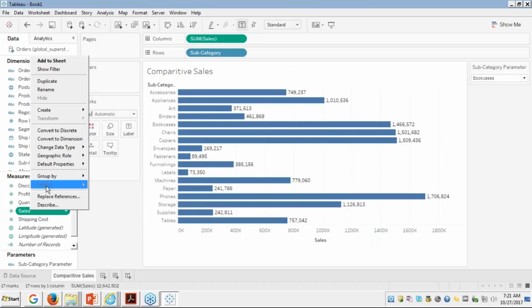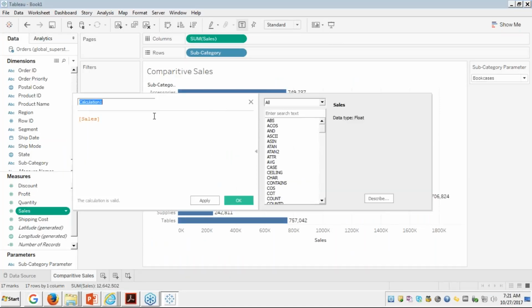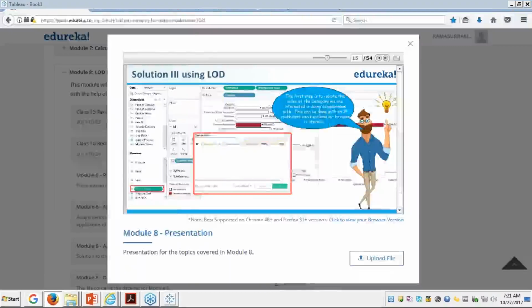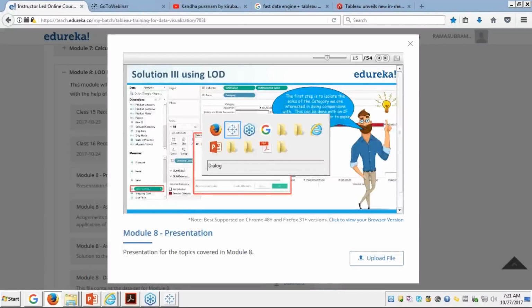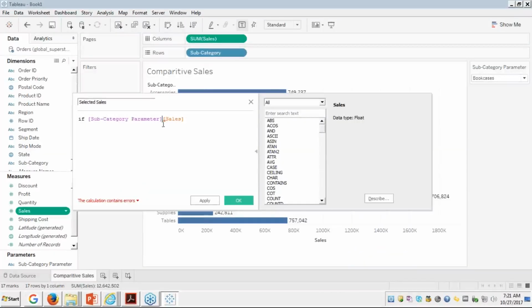So based on sales, I'm going to create a calculated field. I'm going to right click here and click on calculated field. Here I'm going to give the name selected sales. I'm going to create a calculation. In this calculated field, what I'm going to say is, if my subcategory parameter, see that's what we are doing there in the calculation also, if that category is equal to,